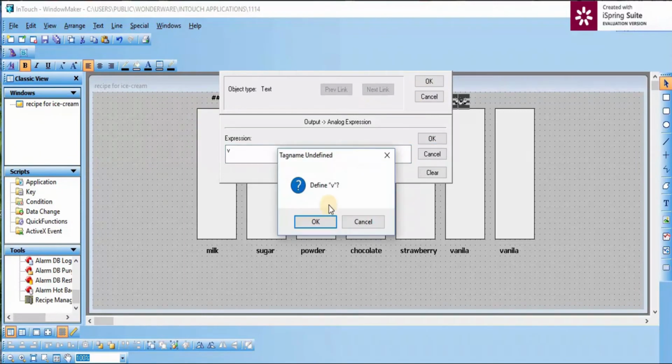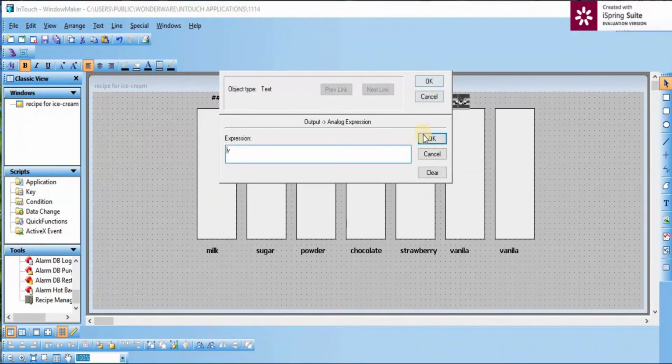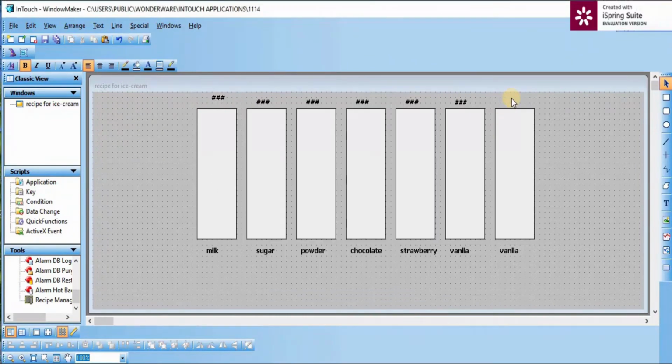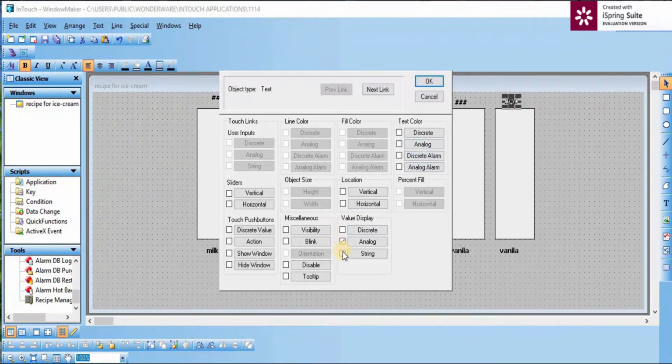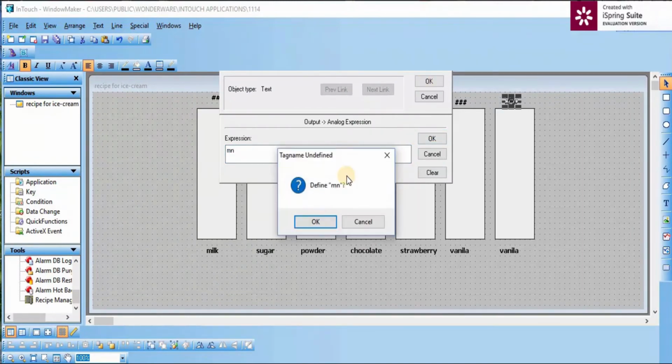V for vanilla. And last, MN for mixed nut.